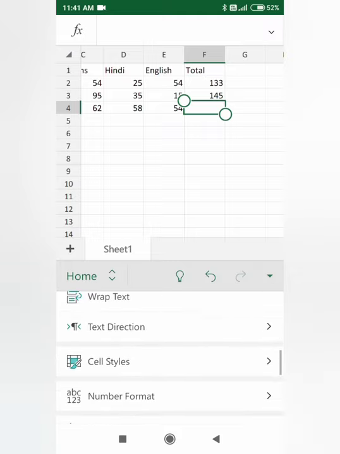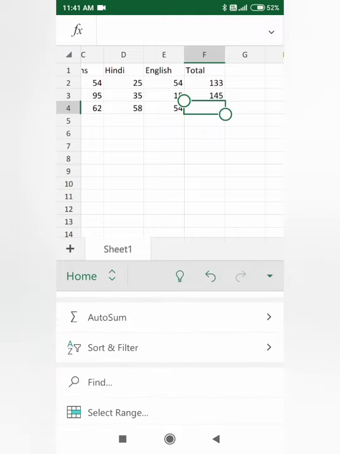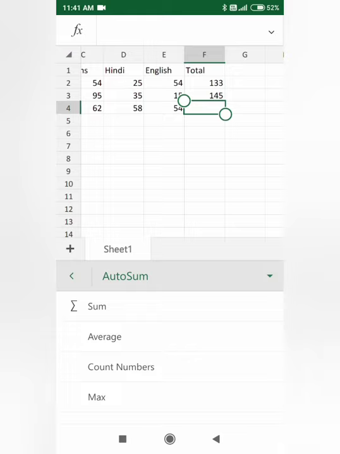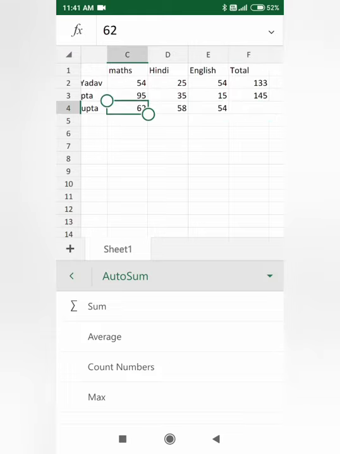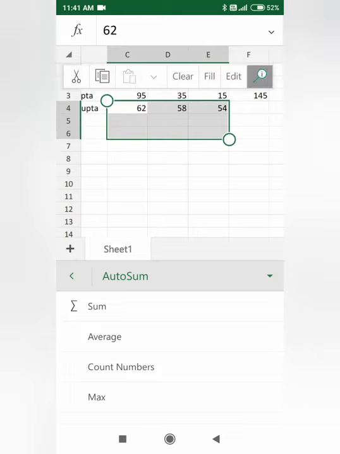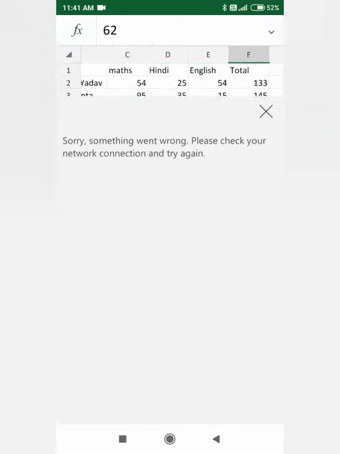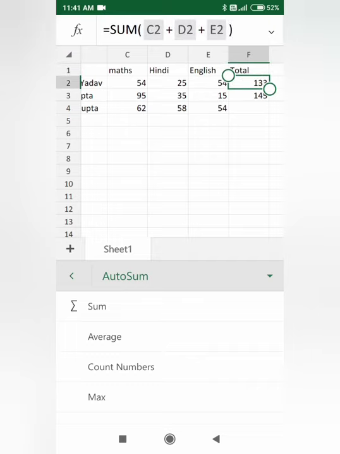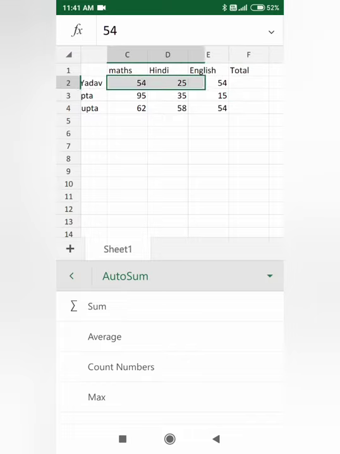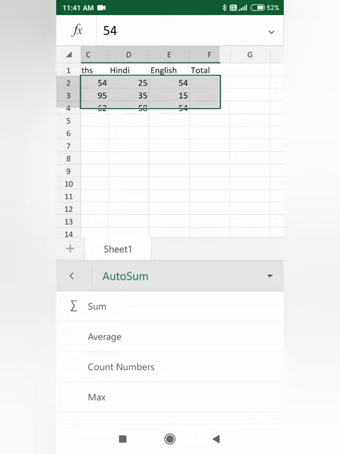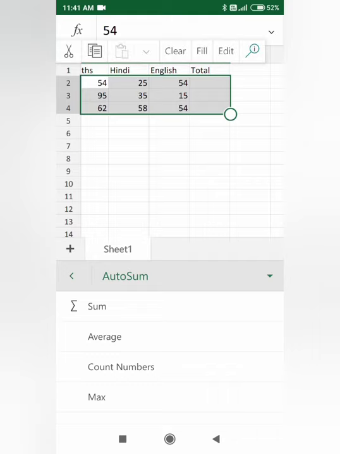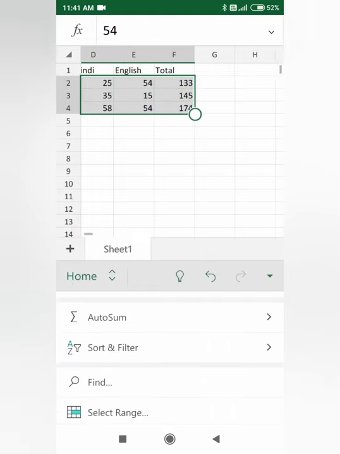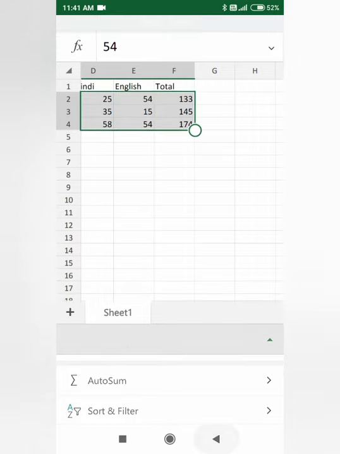Third, you have to come to auto sum and click only sum. First you have to select all those subjects you want to total. Wait, I will show you. You selected all and click your sum. You will get total.